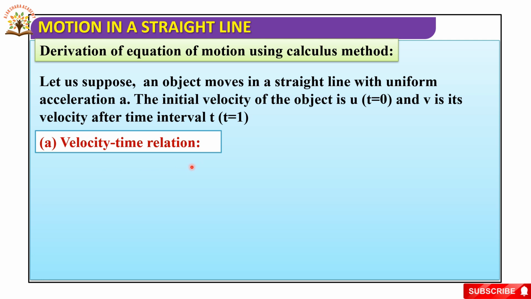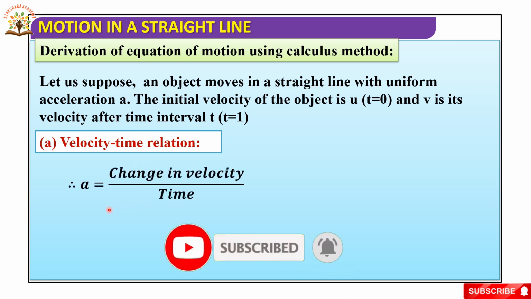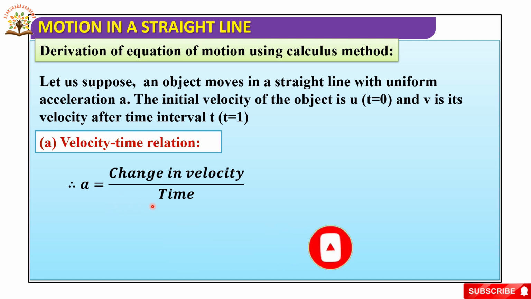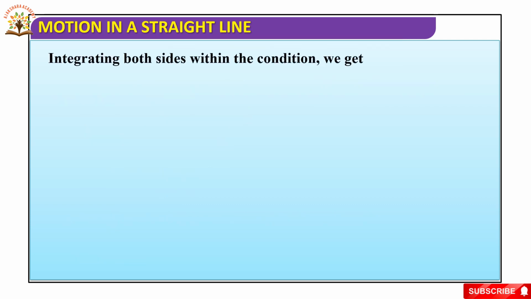Velocity time relation. Acceleration is equal to the rate of change in velocity. So a is equal to change in velocity by time taken. We can write it as dv by dt, where dv is the change in velocity in time dt. Therefore, dv is equal to a dt. Next, integrating both sides within the conditions, we get